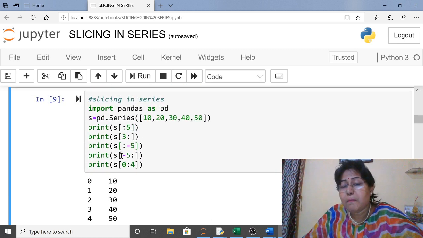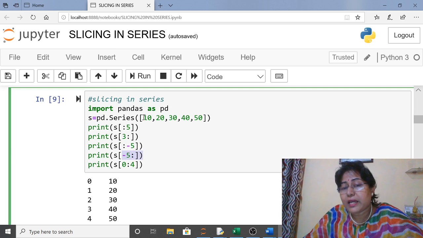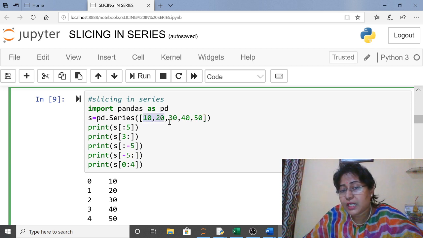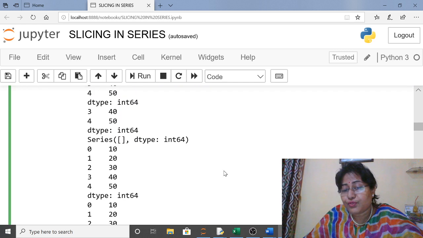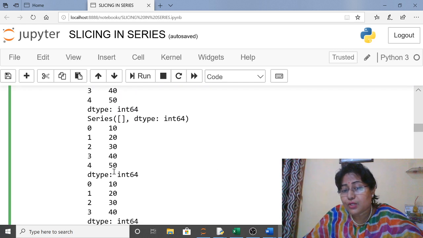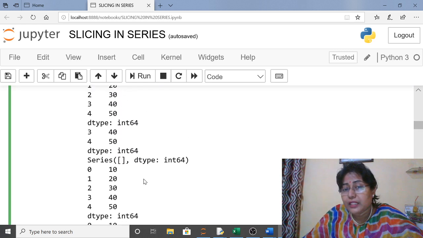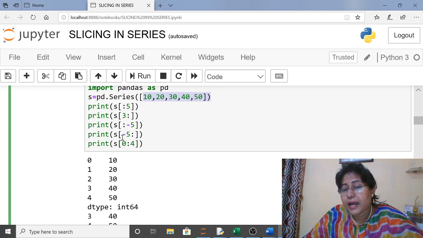Next one is minus 5 till the end. So minus 5 is this one. You can check: 1, minus 1, minus 2, minus 3, minus 4, minus 5. So minus 5 till end, it will be 10 to 50. You can see here 10 to 50. Clear? Then the next one is minus